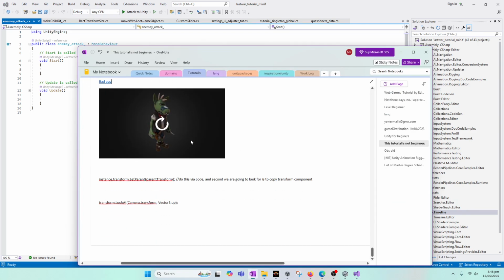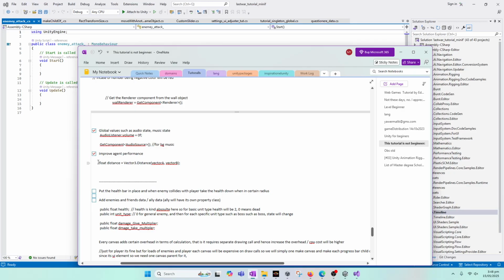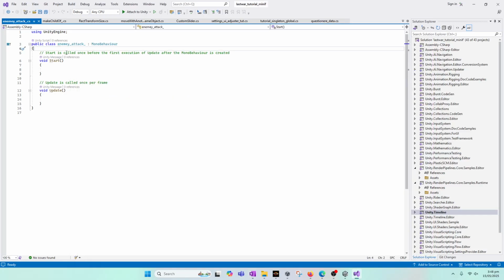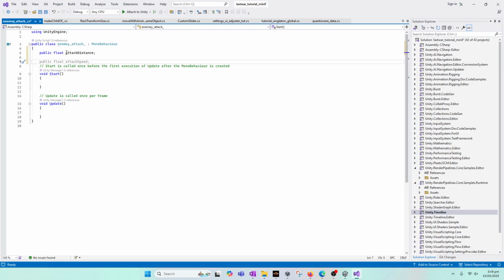So to attack, it is pretty simple. We will simply find the distance between the player and the active player. So let's write here public float attack distance, and then it will